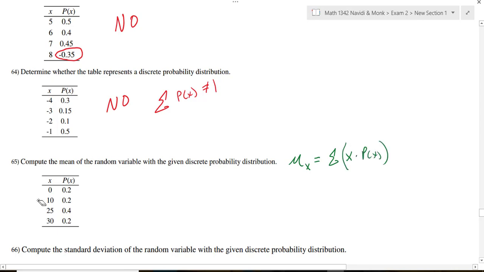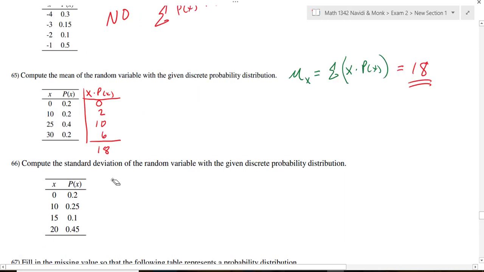Since there's only 4 of these, I could probably do this by hand and be okay, or I could use my calculator. Which do y'all prefer to do? Fine, I'm going to do them by hand. X times p of x. I just look at the product. 0 times 0.2 is 0. 10 times 0.2 is 2. 25 times 0.4 is 10. 30 times 0.2 is 6. And when I add these up, I get